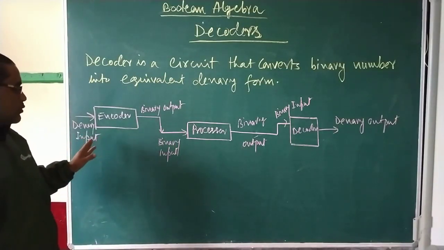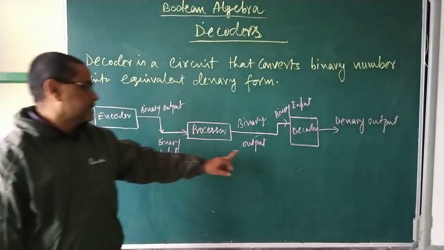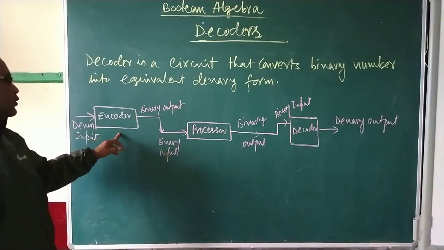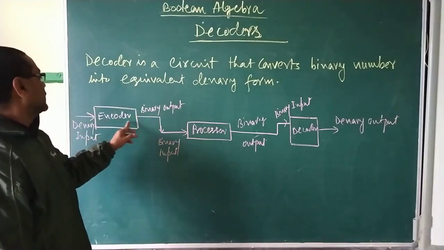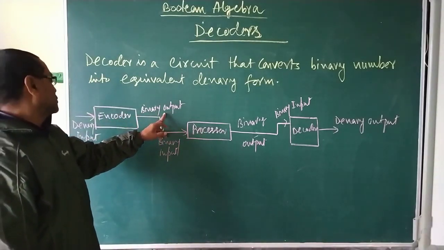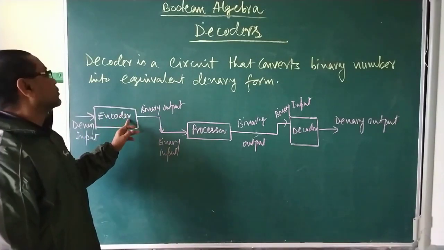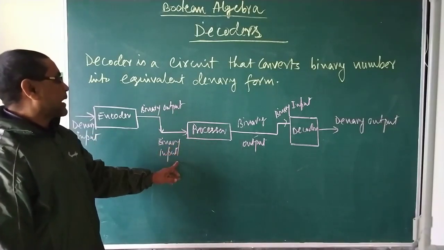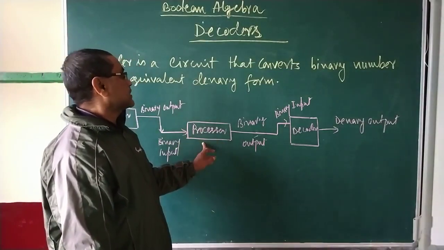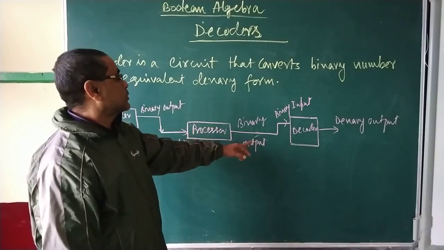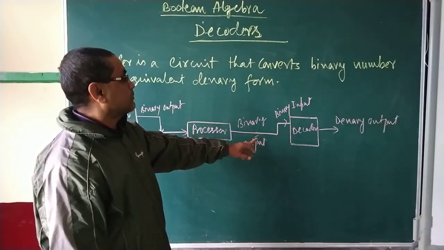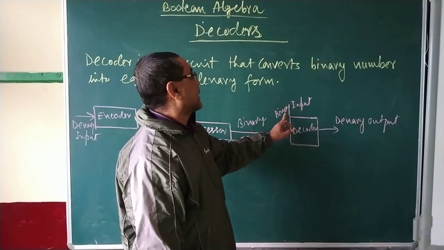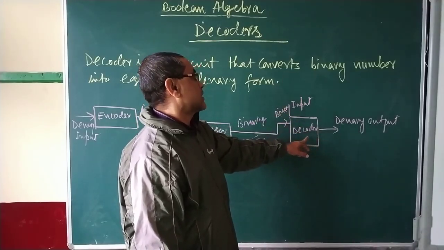Now you see how this encoder and decoder work. This is the encoder and here it is a decoder. In the encoder we are giving some denary input from the keyboard, and the encoder is converting it into binary output. You input a denary decimal, the encoder converts it into binary, and it goes to the processor. It goes to the processor as binary, because the processor understands only binary numbers. Then the processor will do the calculation, and the output will be in binary form only. That again goes to the decoder. The decoder gets a binary input and converts it into a decimal number, the denary output.